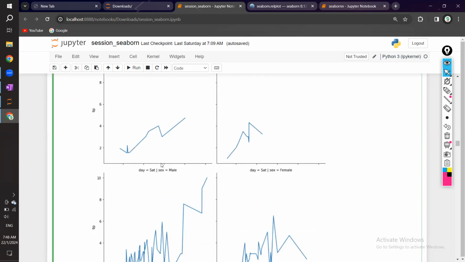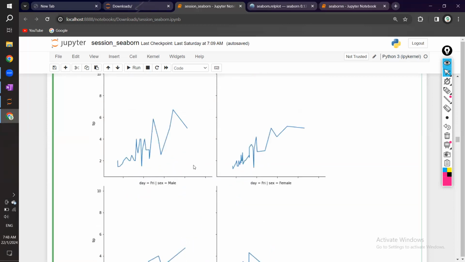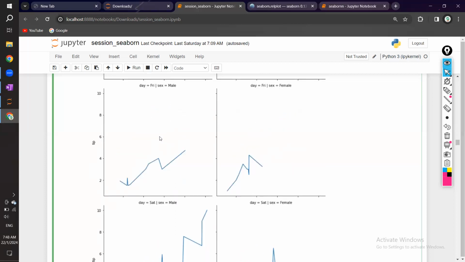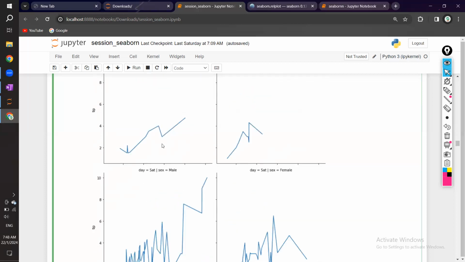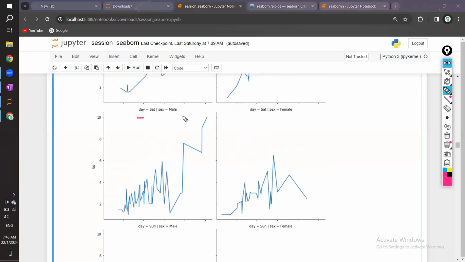And just by looking at the graph, you can make some observations, right? On Friday, female is very less. Overall here male is more. Here also the male graph is a bit bigger, and here also male is bigger. And see Sunday, it is huge for both male and female compared to all other days. For Sunday, the graph is big. More people have visited, the total bill is also more, and the tip is also very high